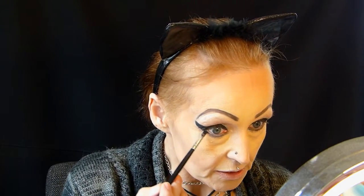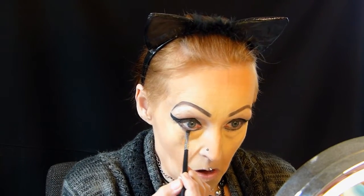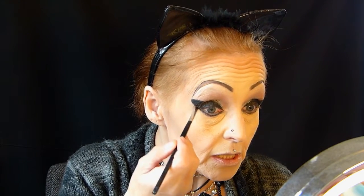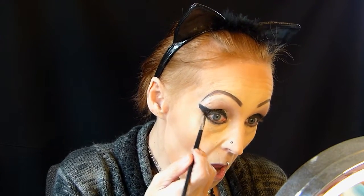And to make that how I want to have it, or to smudge it, I am taking the small angled brush again and my black eyeshadow, and I am also setting that black eyeliner, and I am connecting it to that huge upper liner,